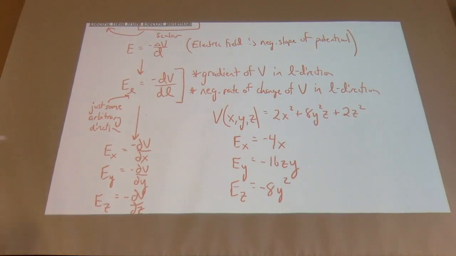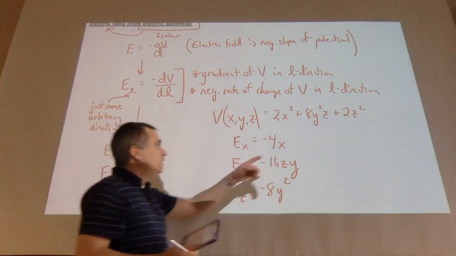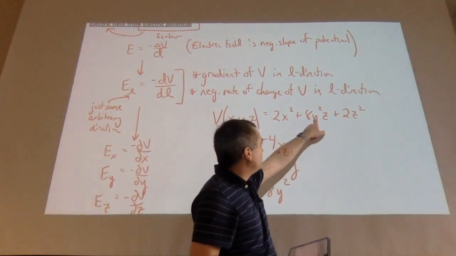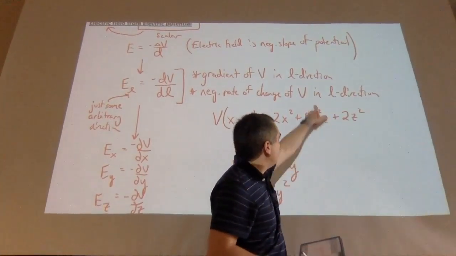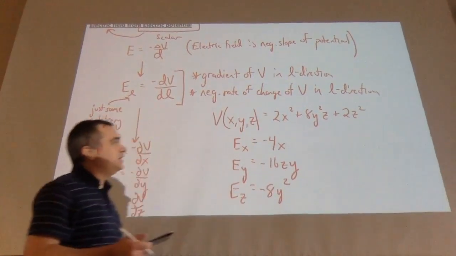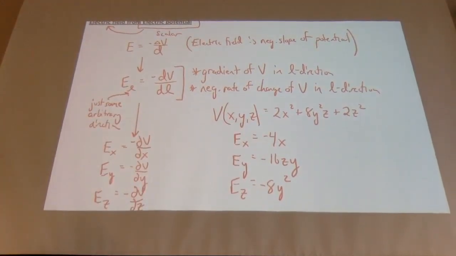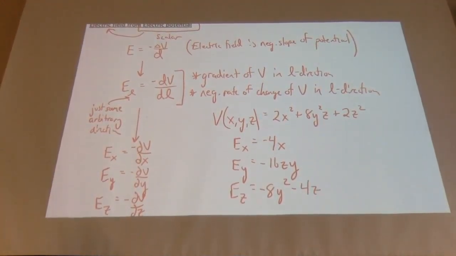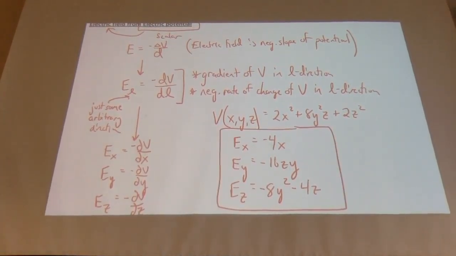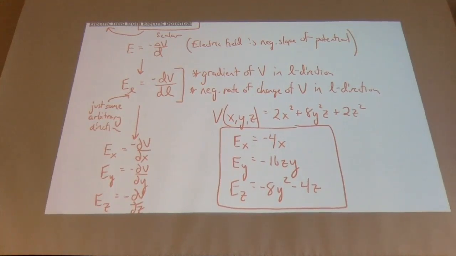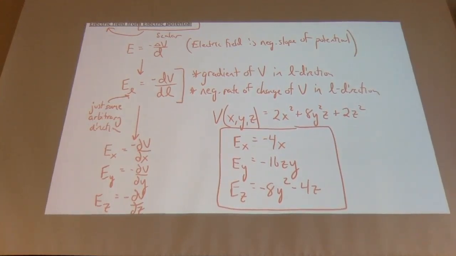The first term is constant, so it's just 0. This one, we're pretending that the y squared is a constant, so everything is constant out in front of the z, so that's just minus 8y squared. And the last one would be minus 4z. Those would be the equations for the components of the electric field at all the points in x, y, and